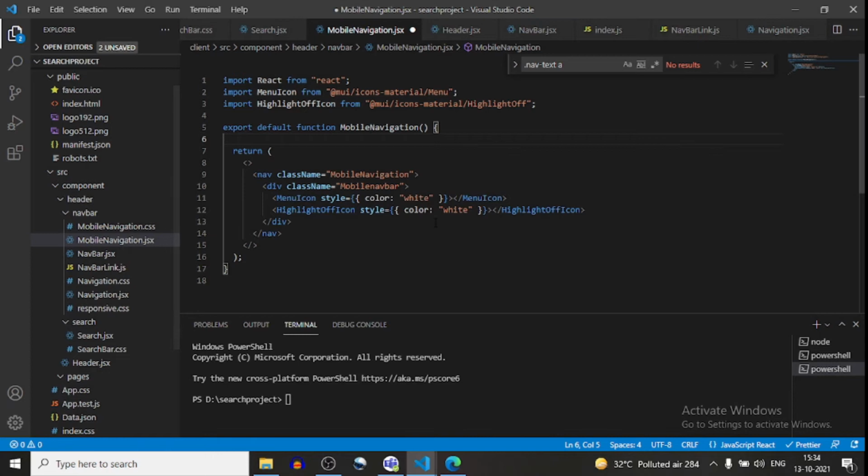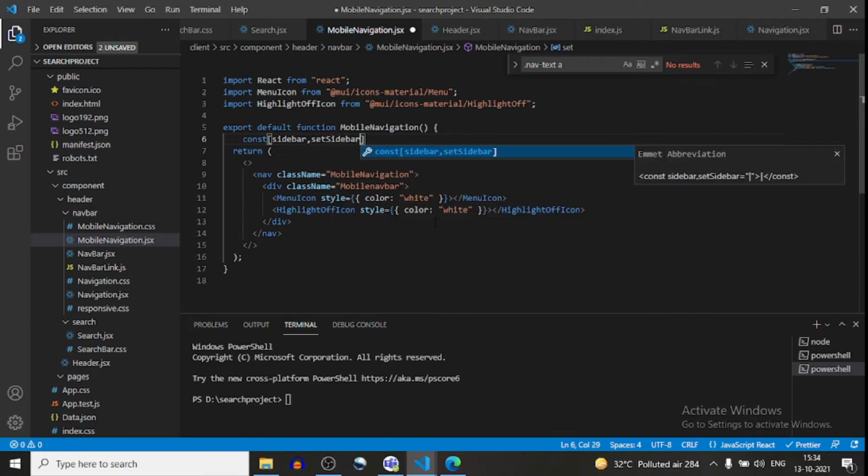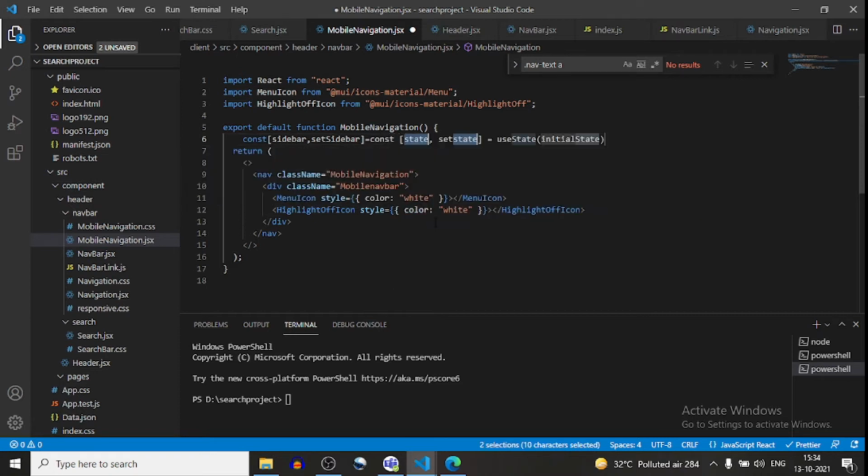For that I will write const sidebar, setSidebar equals useState. You can see useState is automatically imported over here, and in the starting we will set it as false.